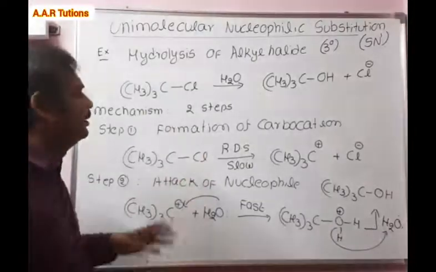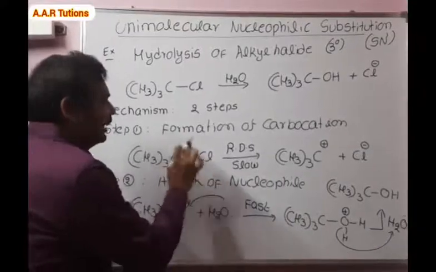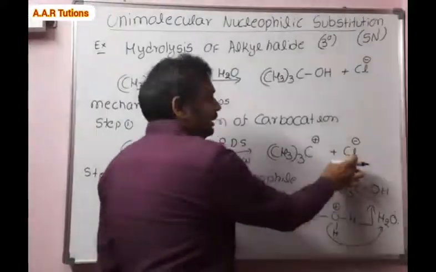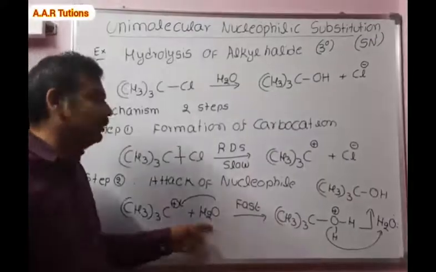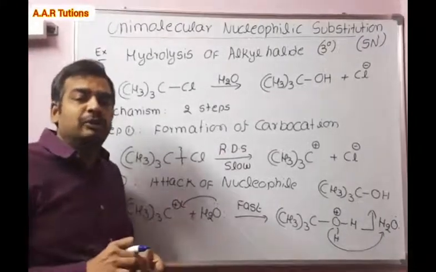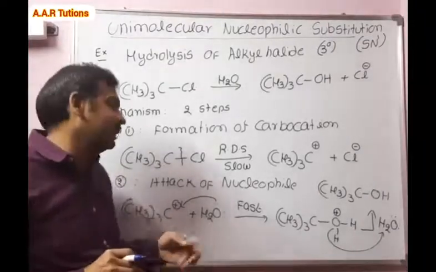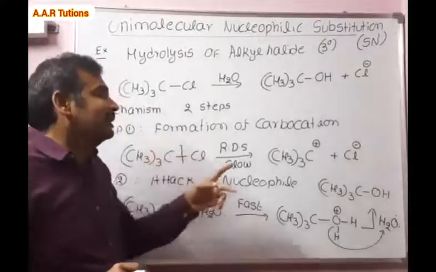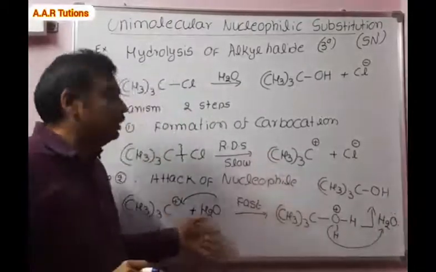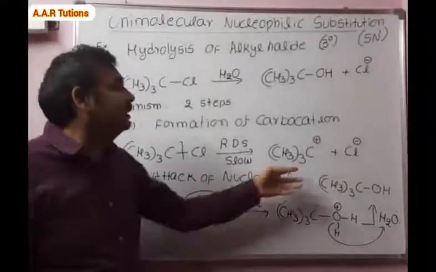Right. So here, two doubts. What is the driving force for the cleavage of this carbon halogen bond? And see, this is the negative nucleophile, and this is the neutral nucleophile. In the last class, we discussed the ability of nucleophile is known as nucleophilicity. The nucleophilicity of negative nucleophiles is more than the neutral nucleophile. That means the nucleophilicity of Cl minus ion is somewhat better when compared to the neutral nucleophile.